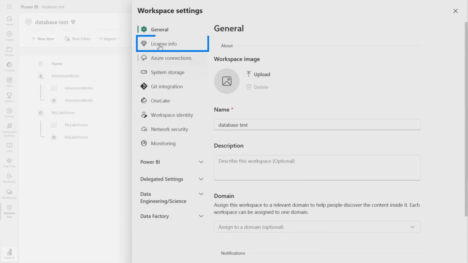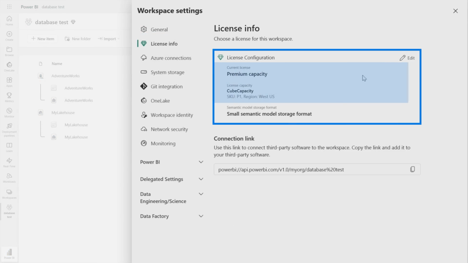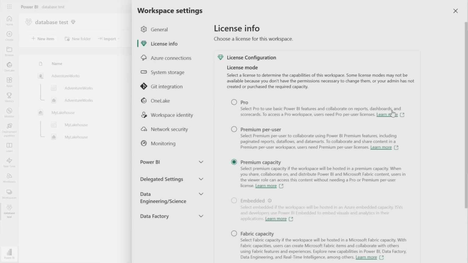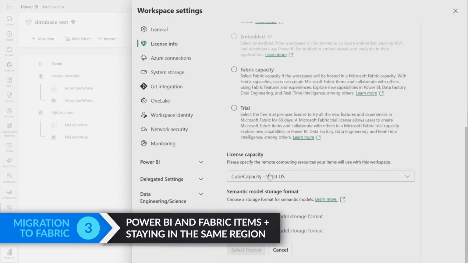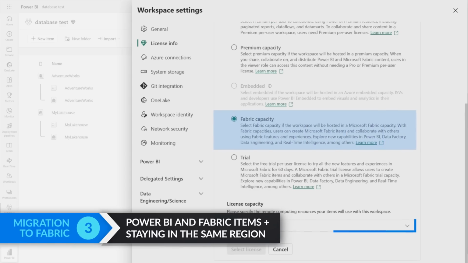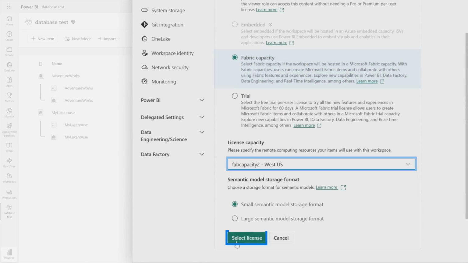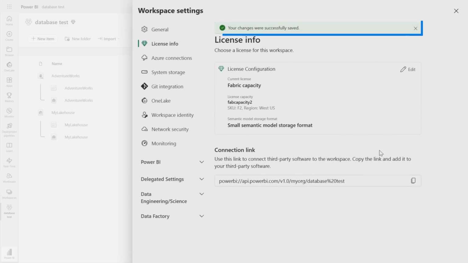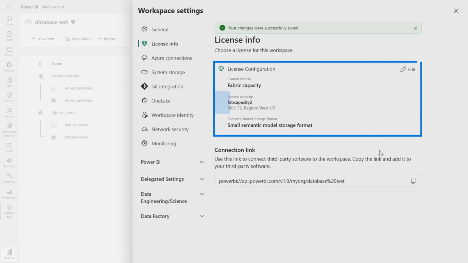So let's go to workspace settings and we'll see right now it's on my premium capacity in West US. Let's go ahead and change that to a fabric capacity in the same region. Fabric capacity, and we'll choose West US. Let's go ahead and select license. Boom, that worked. Whatever region the Power BI premium capacity is in has to be the same region as the